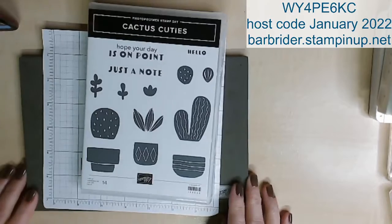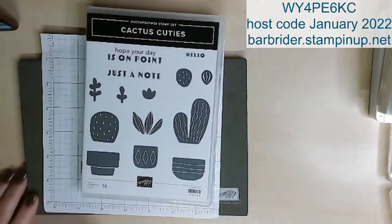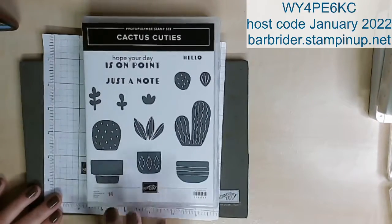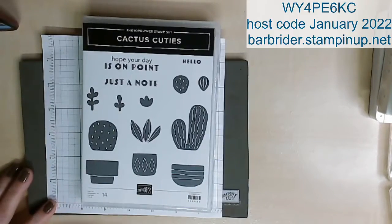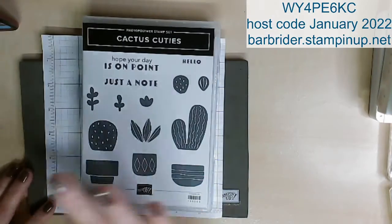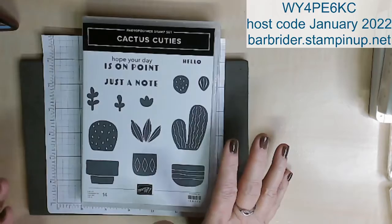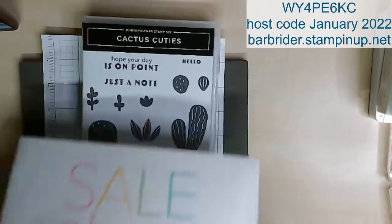All right, we are going to be using the Cactus Cuties first. I have 3 projects tonight, but this will be a club for sure, and I don't know when, but this will be one of our clubs, okay? Cuter than cute. And you only got 3 little sayings in here. However, we have some amazing sayings, and the one fantabulous stamp set that is in the celebration catalog that's going on,